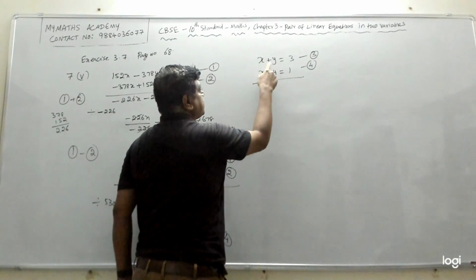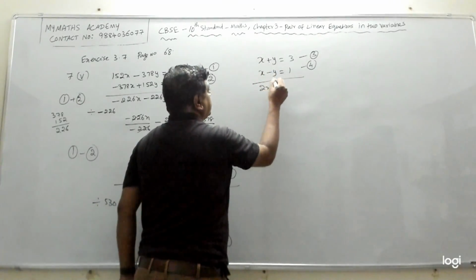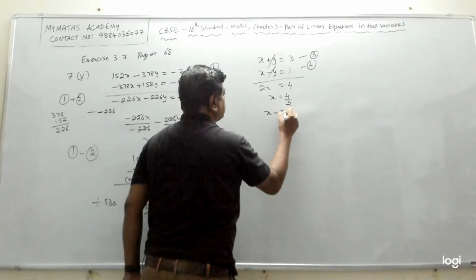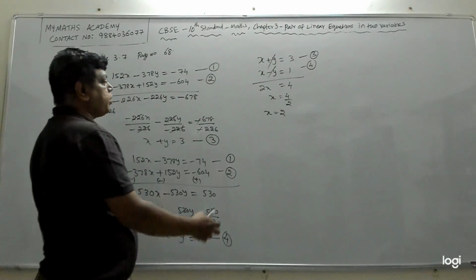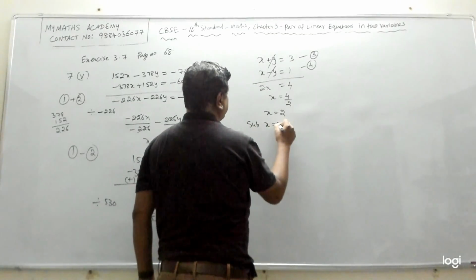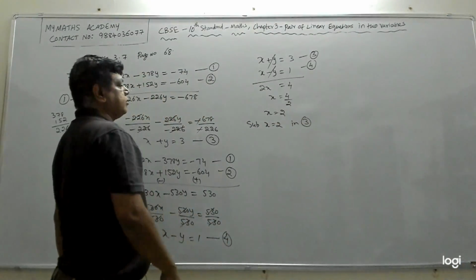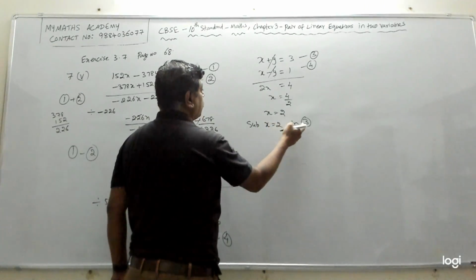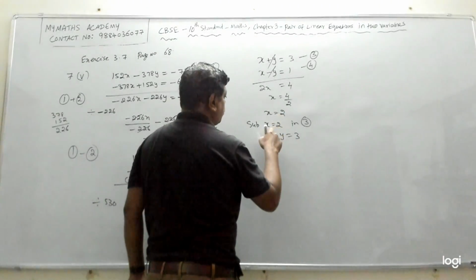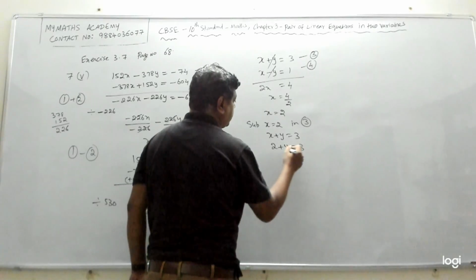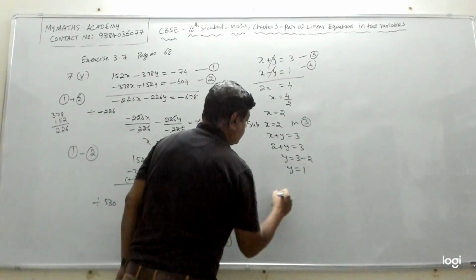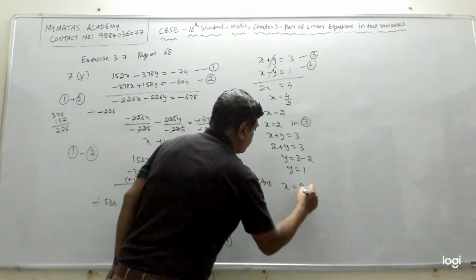If you add them, because the sign is different here, we can add x plus x, 2x. Here it will get cancelled. So 3 plus 4, you get 2x is equal to 4, so x is equal to 4 by 2, which means x will become 2. So we have found the value of x. Now we will substitute the value of x in one of them. We will take this. So substituting x is equal to 2 in third equation, what do we get? So x plus y equal to 3 is the third equation. I'm going to substitute x is equal to 2. It will become 2 plus y equal to 3. Because for x I'm going to put 2. So y becomes 3 minus 2. 2 goes this side. So y is 1. So answer is x is equal to 2 and y is equal to 1.